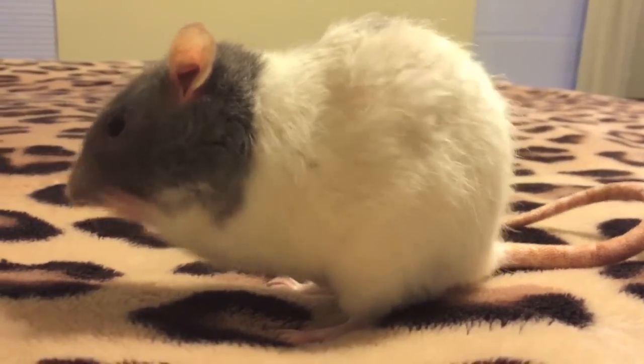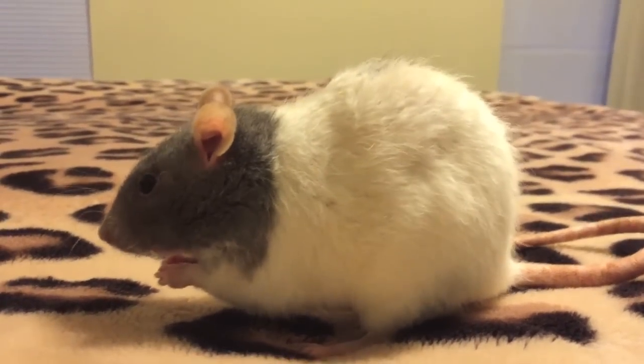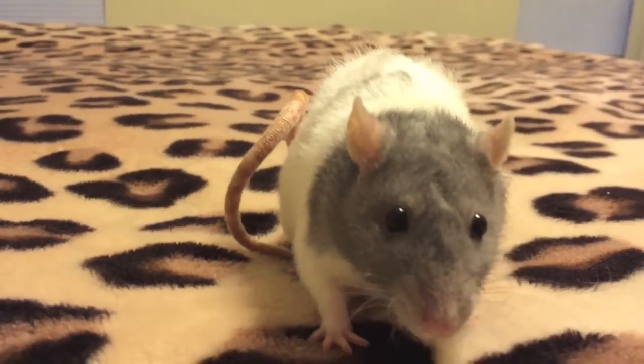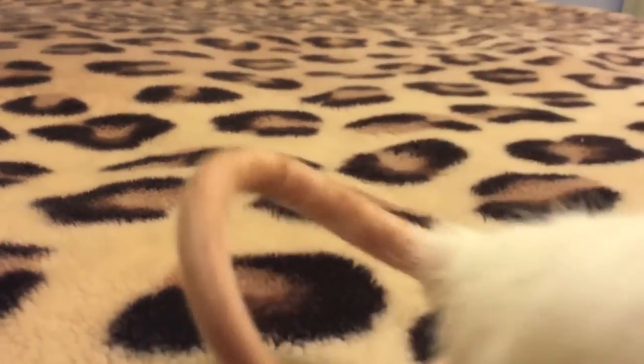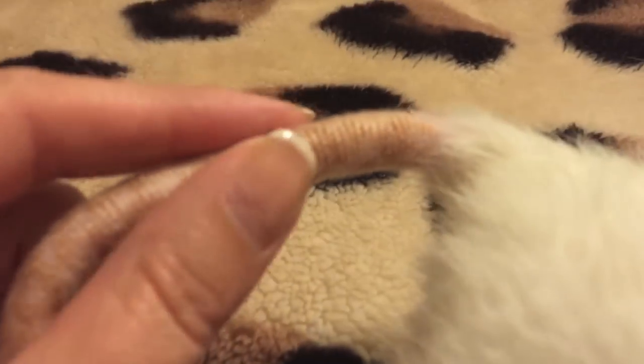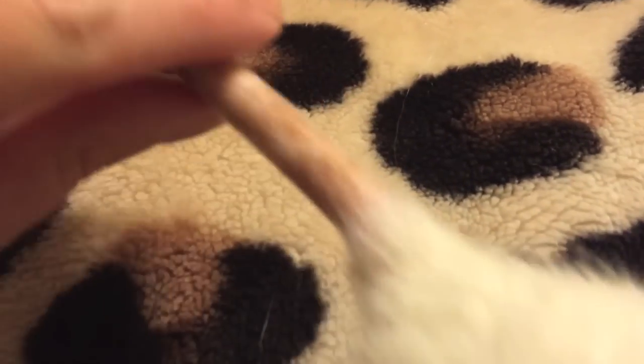There are a lot of other people online that will also testify that they have rats with wheel tail when they don't even have a wheel in the cage. So that to me would suggest that wheel tail is in fact genetic. However, there's no actual proof that not having a wheel in the cage will prevent wheel tail. So I would just keep that in mind and make sure that if you do use a wheel, you use